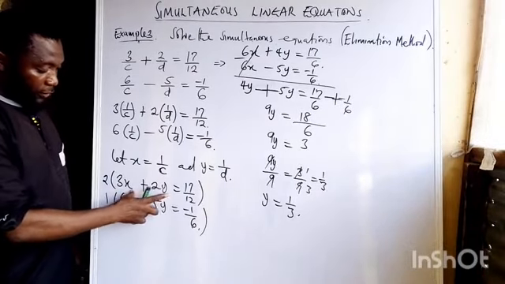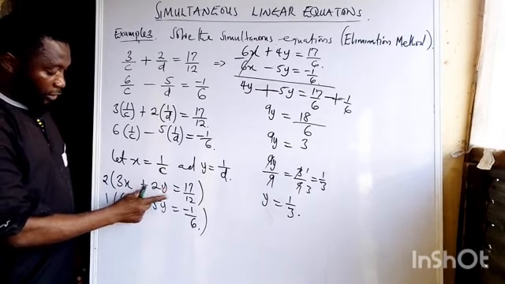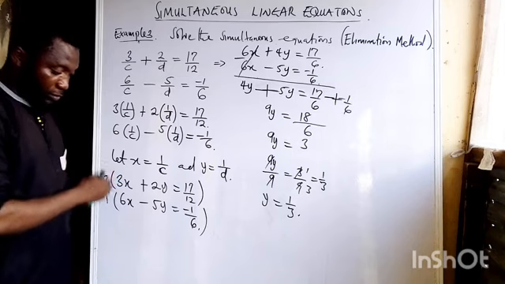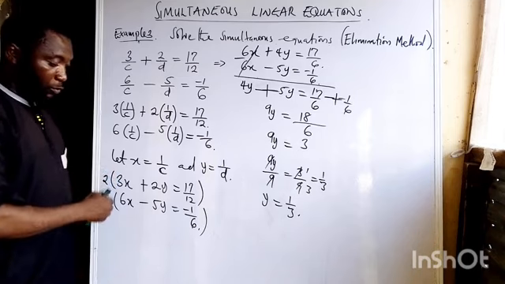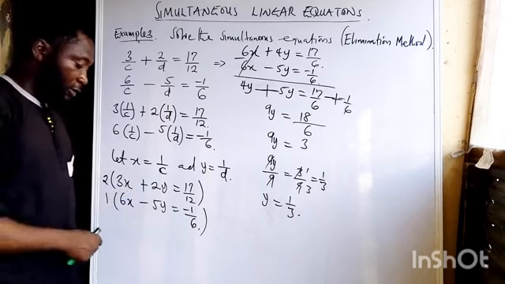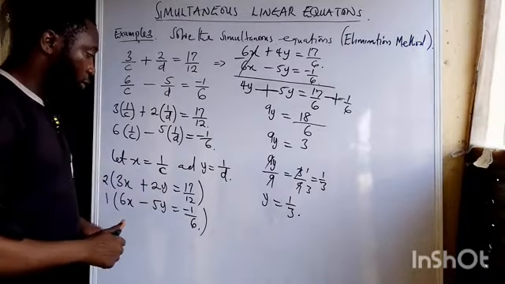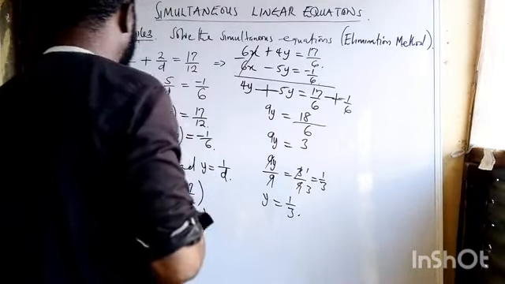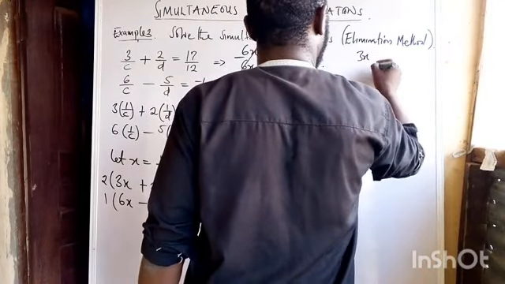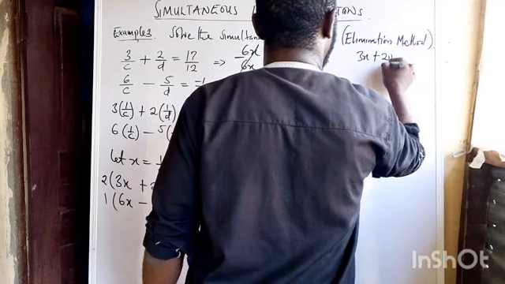This is our new equation, 3x plus 2y equals 17. Before we multiply, so this is after multiplication. So you use the one without before you multiply. So let's use this equation now. Our first equation is 3x plus 2y equals